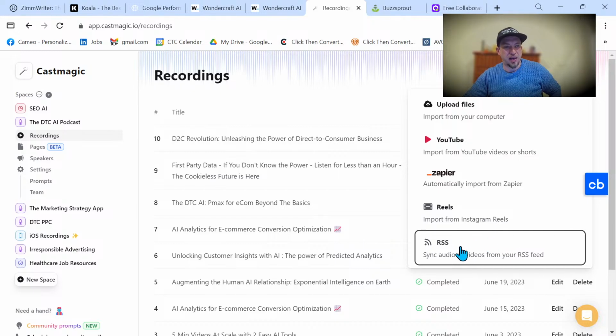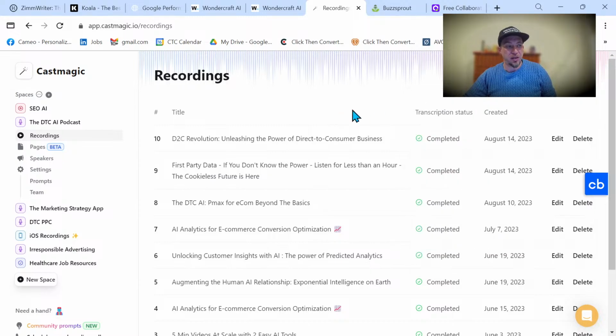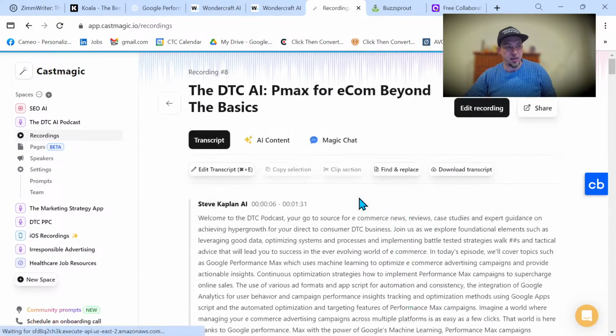I didn't even know you could do that, actually. I didn't even know that's possible, to feed audio and visual data through an RSS feed. Okay, cool. Well, we have other options, and we're going to use Zapier at some point. Here's a teaser, because part 3 is going to be automating all of this and what's in part 2. For now, we're just going to upload our file. So we uploaded our file, and then it's going to create a line item like this, and then we're going to go into it.